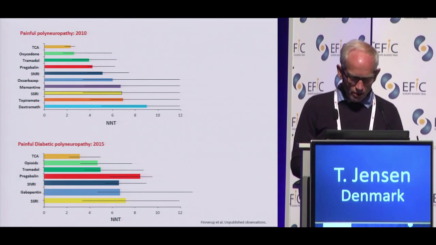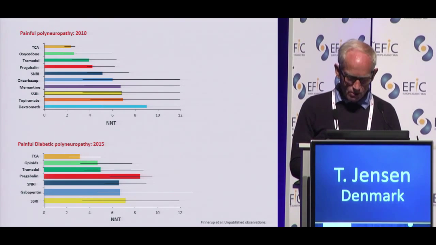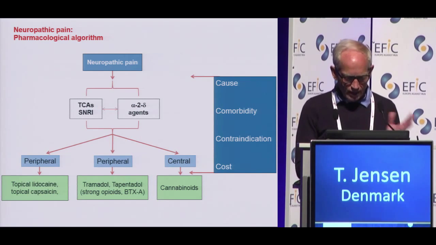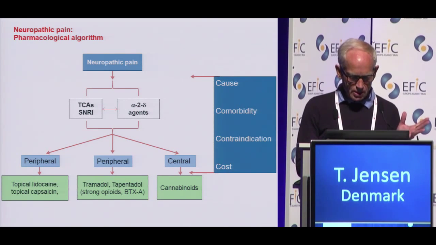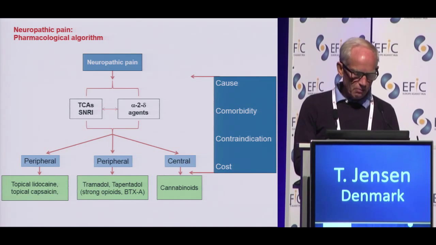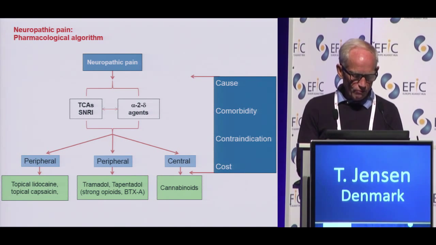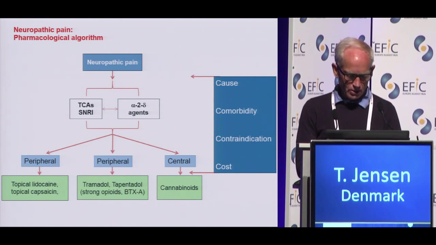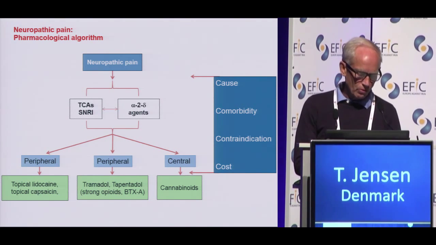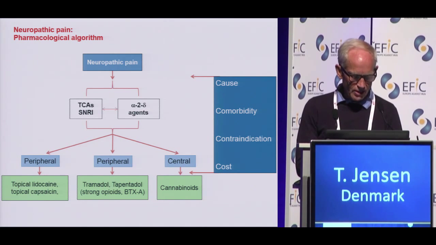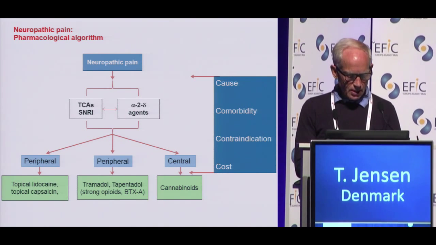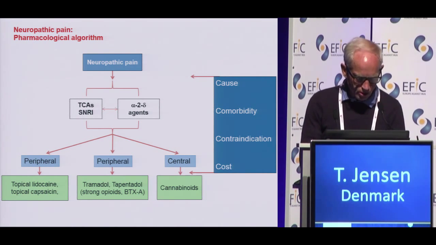So based on all these figures, there has been a proposal for algorithms for how we should treat patients here. People in general agree that the first-line treatments are the TCAs, the SNRIs, and the alpha-2 delta binding agents for peripheral neuropathic pain, including diabetic neuropathy. And then the second class of agents would be these agents here: topical lidocaine, topical capsaicin, tramadol, tapentadol, strong opioids, botulinum